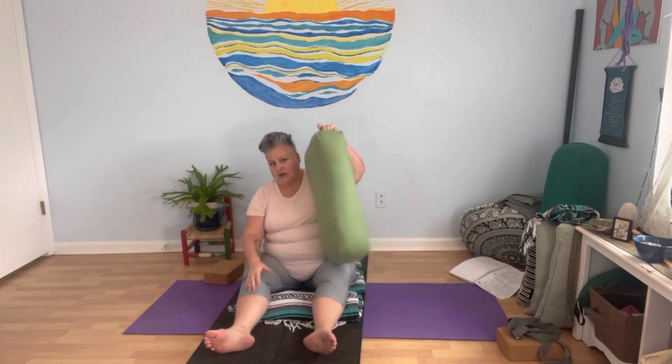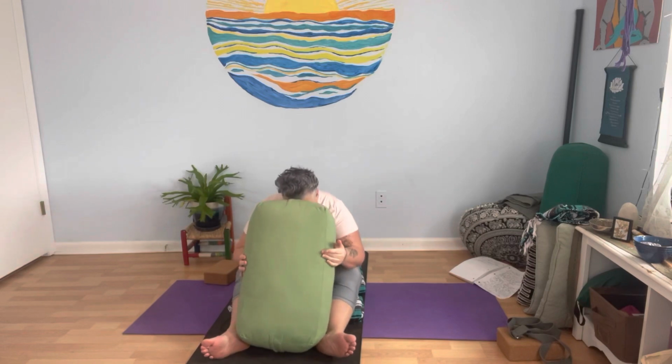I'm going to take a folded blanket or maybe a pillow, something to just put underneath the knees. And we're even going to let the feet be a little bit wider, and we're even going to let the feet turn out. So whereas in Dandasana, a staff pose, we would be more active, we're going to be a little bit more relaxed. You can take a bolster, a pillow. You can lay it on your lap